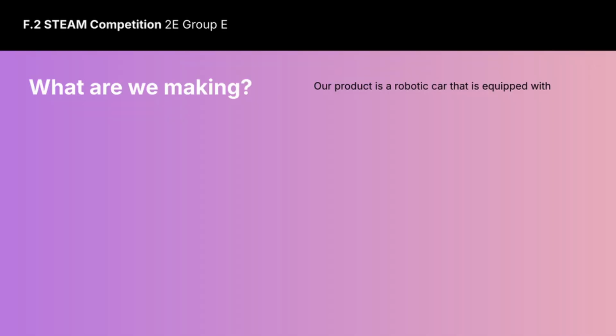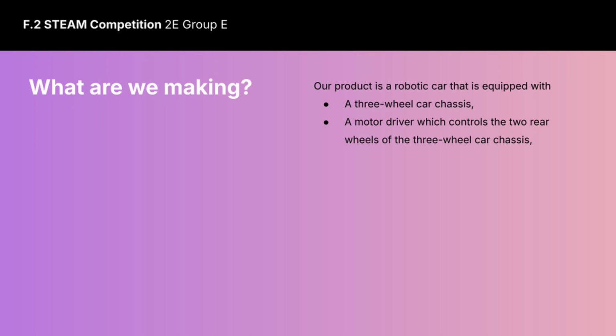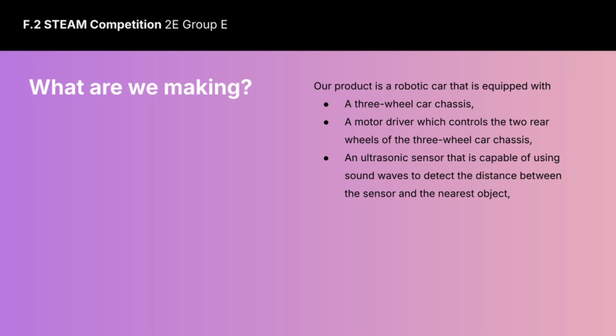First, let's introduce what we are making for the STEAM competition. Our product is a robotic car that is equipped with the following components: a three-wheel car chassis, a motor driver which controls the two rear wheels of the three-wheel car chassis, an ultrasonic sensor that is capable of using sound waves to detect the distance between the sensor and the nearest object, a servo motor which is used to rotate